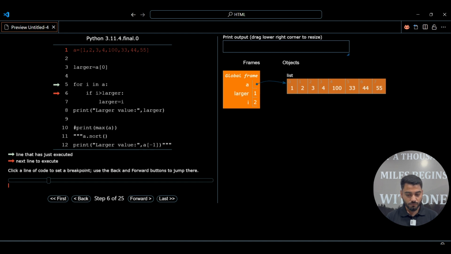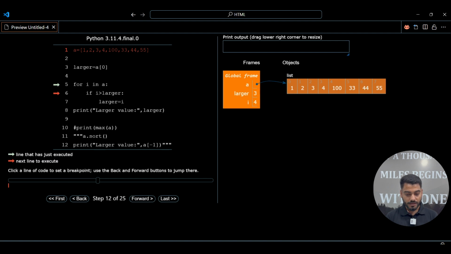Inside larger it is going to store the I value, which is 2. Next it checks the condition again. I value is 3. 3 is greater than 2, true, so larger is going to store the 3 value.